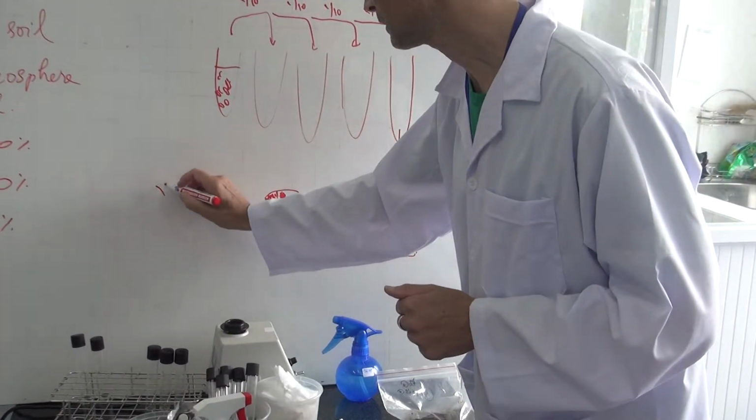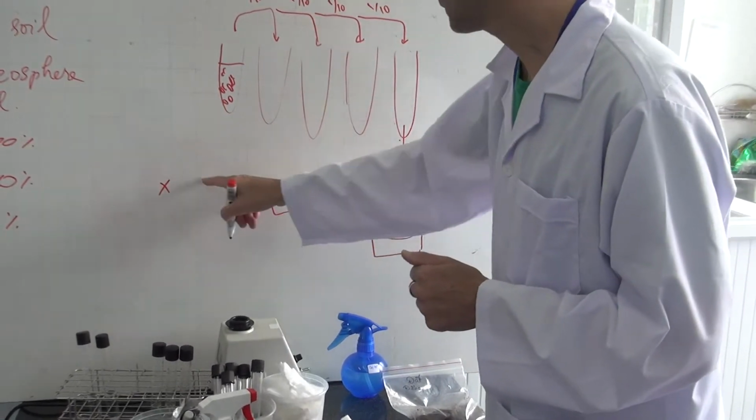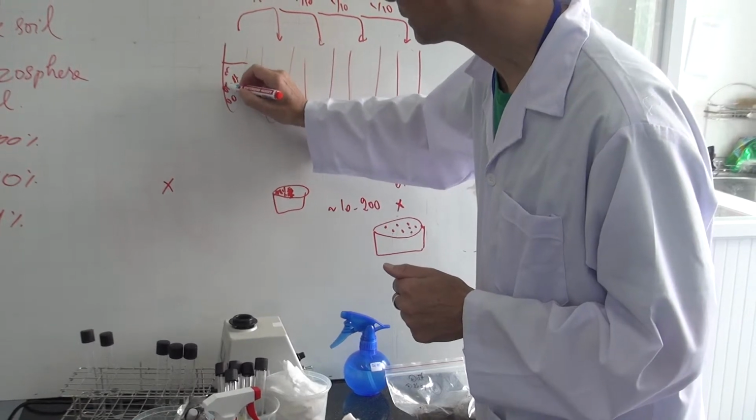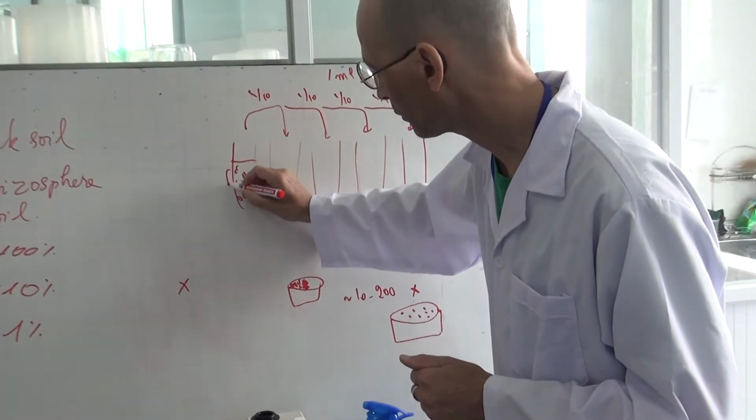Let's write it here. Okay? So we have here. We want to know how many colonies we had per gram of soil that